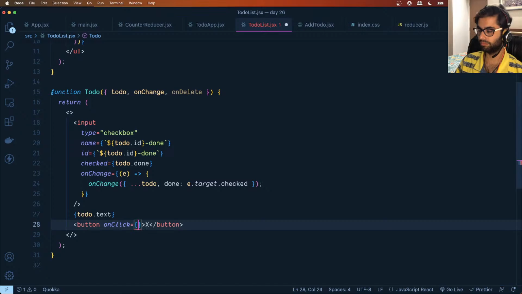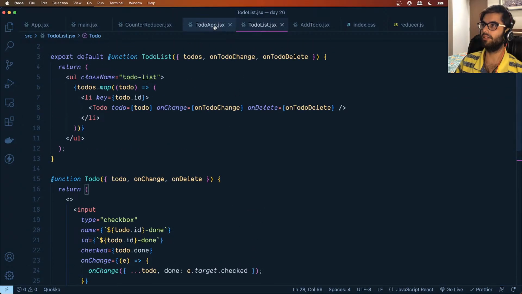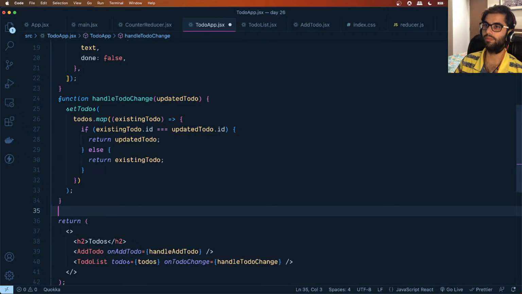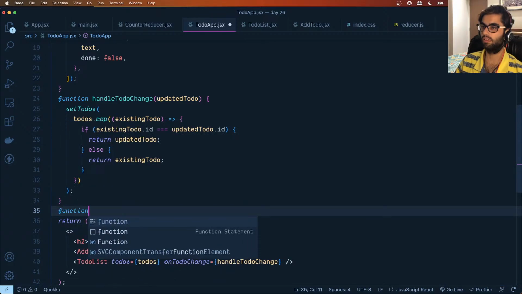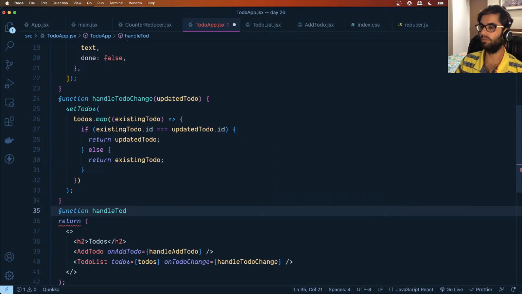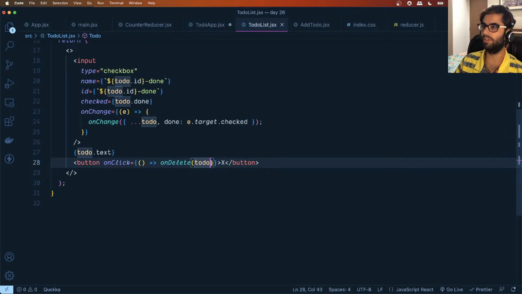and on click we will basically be calling on delete, and we'll just pass it the to do which we are showing over here. All right, and let's go inside. Let's create a function for that. Handle to do delete. This will get the to do id. Actually, let's pass the to do id over here. To do dot id,